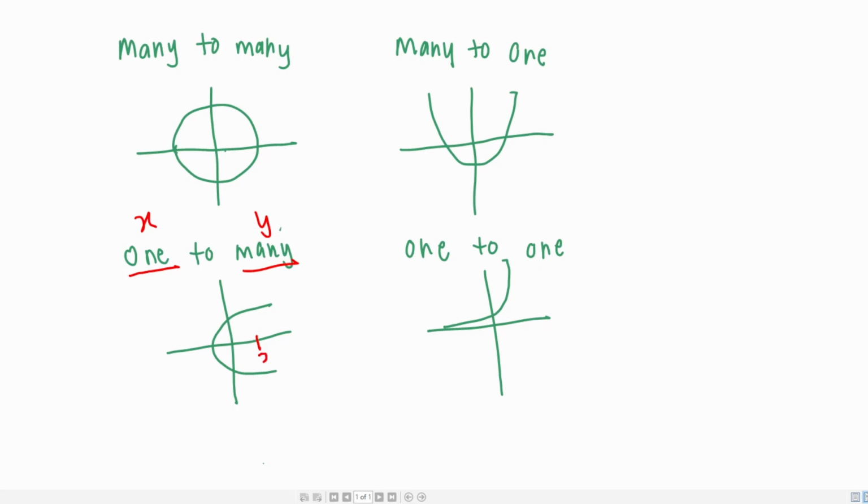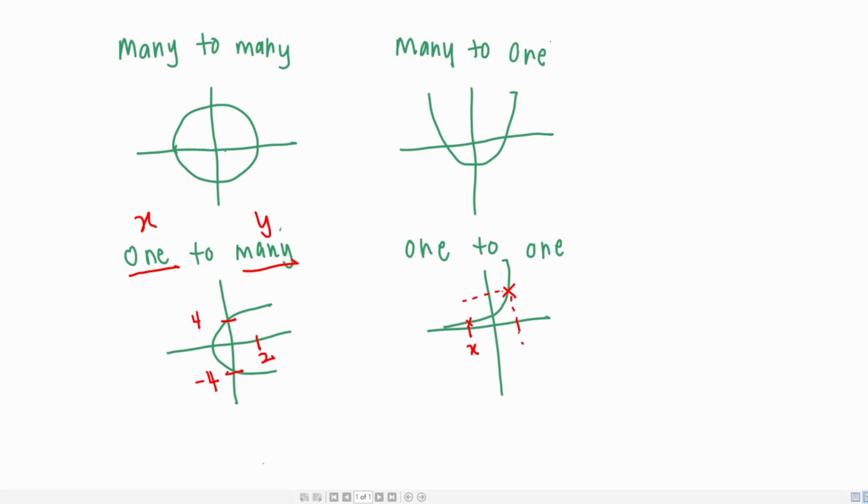For example, if this value of x is considered as 2, we will get back 2 y values. So let's say this could be a 4, and this could be a negative 4. This is the example of a one-to-many graph. Now, let's do this on the one-to-one example. For this one-to-one graph, for each x value, there is a corresponding y value. Same thing here. So this could be defined as a one-to-one function because for every one x input, it corresponds to a single